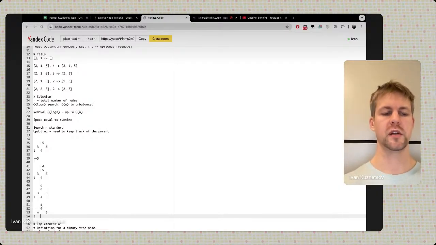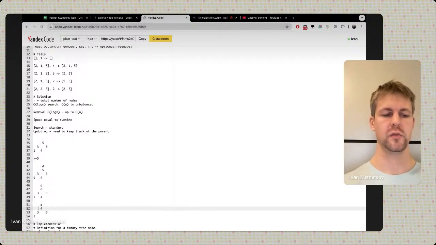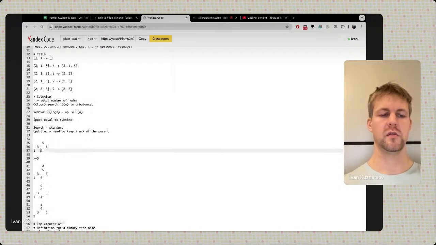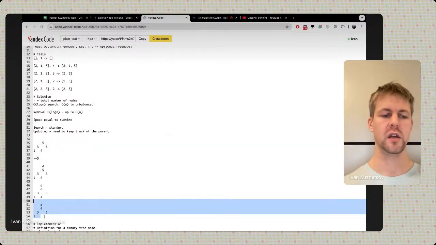And I will be basically removing this 4 and putting it up here. So it will stay here, 3 will stay here. So first I find the node, then I find the biggest value node that I have, I remove it, I pop it, I put this value here, and I just update the node. So yes, then we still need to traverse the whole tree to find the biggest possible node after this one, but